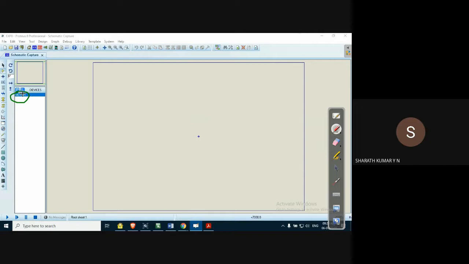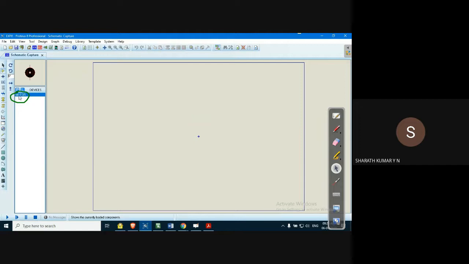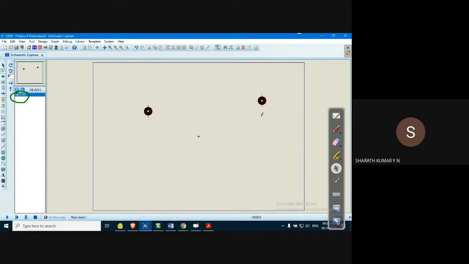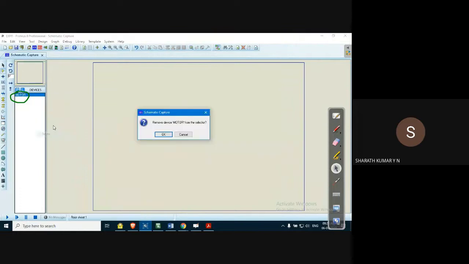For example, I selected a motor. How to place this on the schematic? Click on the component and place it on the workspace. Click and place the mouse on this template, and you can click on the workspace wherever you want, and that component will be placed. Very simple. Right now we are not working with the motor, I just showed one example. How to delete, in case you don't want a component? Select the component and delete it. Very simple.